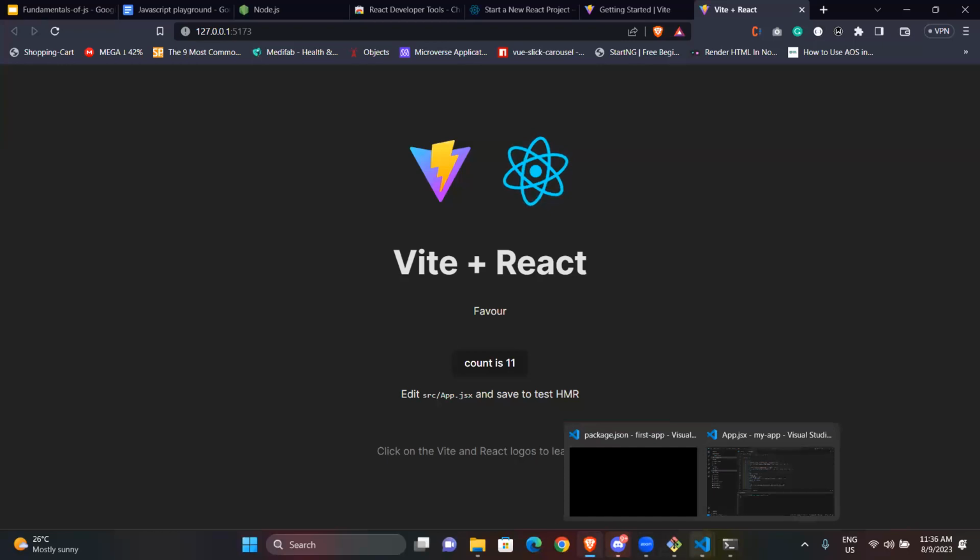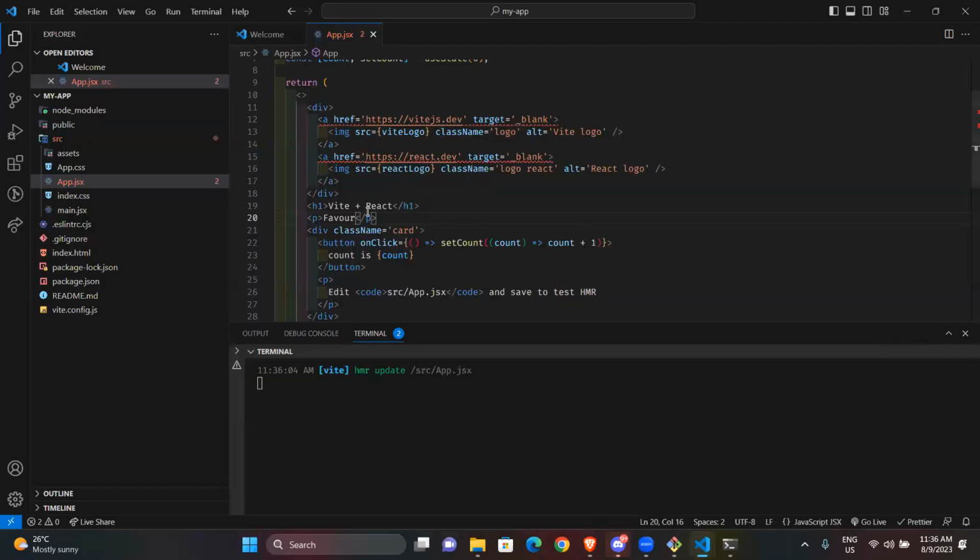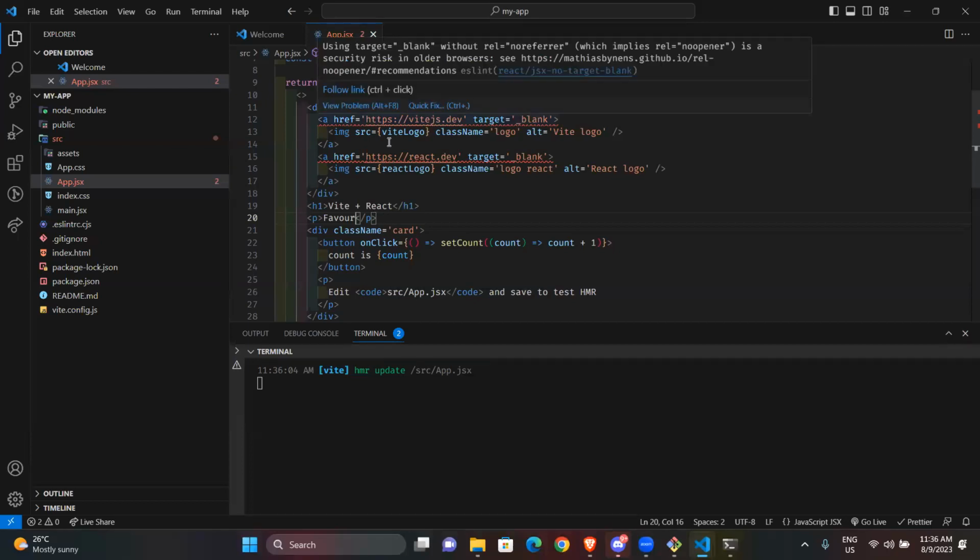So the beauty of React is that when you make a change, now because of ESLint and all of that, it starts giving us all these very wonderful warnings. So you just need to understand what is going on. It's saying that when you're using an anchor tag, you should add a target blank.